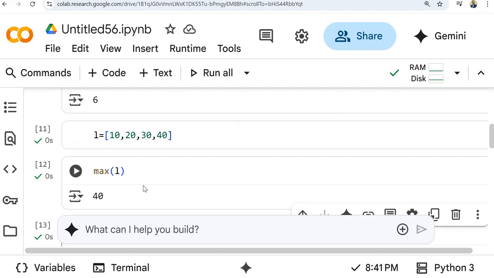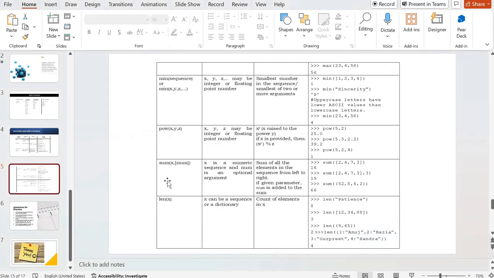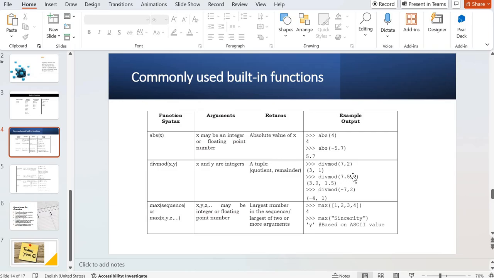Similarly we have other built-in functions also, and I will be sharing a list of built-in functions and how you can use them. Complete details will be in that PDF or list that I will share with you. You can practice, but at least once you have to practice with some values, then only will you have an idea of how to use those built-in functions whenever required. Then you can easily recall and use them. So this was the basic overview of the functions that we can write in Python programming.